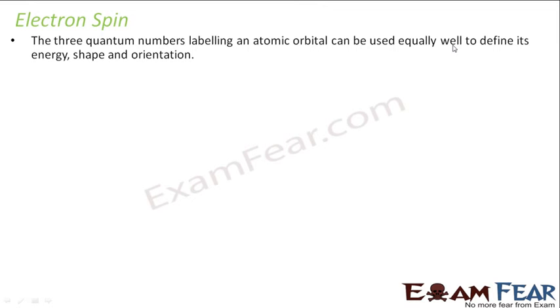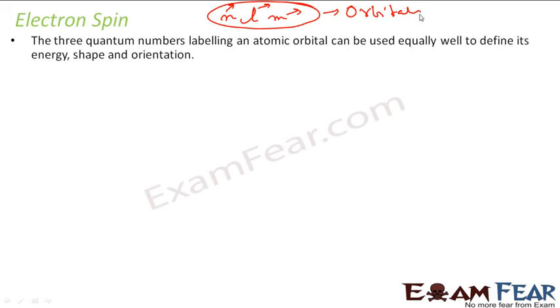the spin quantum number. So the 3 quantum numbers which we have got, n, l and m, the principal quantum number, azimuthal quantum number and magnetic quantum number, are not sufficient to predict the atom. They are sufficient to pinpoint the orbitals. With n, l and m, we can tell which orbital it is. But in an orbital, we have 2 electrons, so we can't tell which electron we're talking about. So we have one more quantum number called